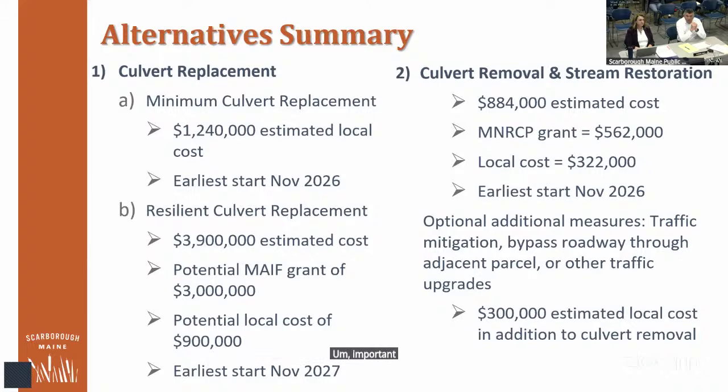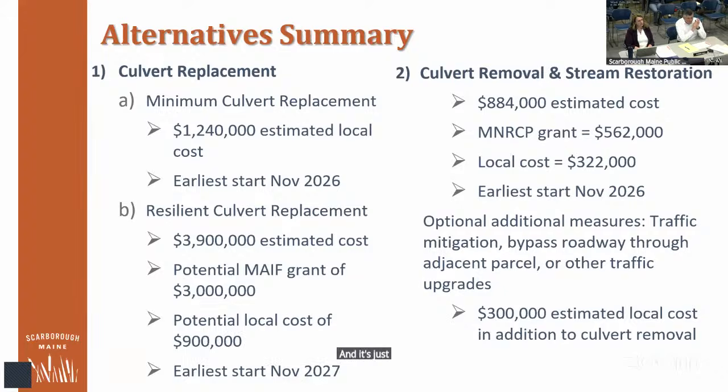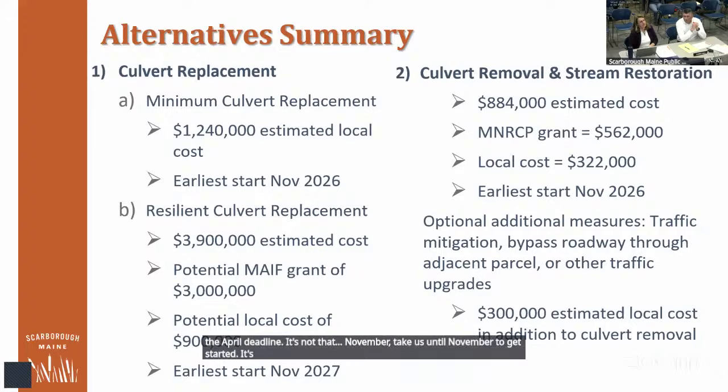Importantly, that one, we know for sure would not happen until November 27th. So there's a longer timeline to consider here, and closure in the meantime, of course. It's more so that we would miss the April deadline. It's not that it would take us until November to get started. It's by the time we get that funding, we've missed that April deadline, so we're waiting till the following